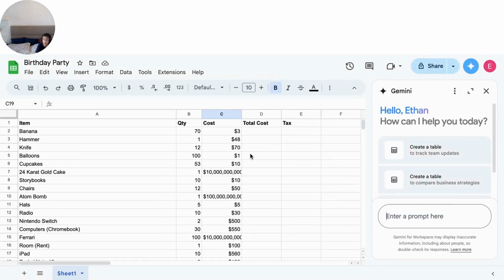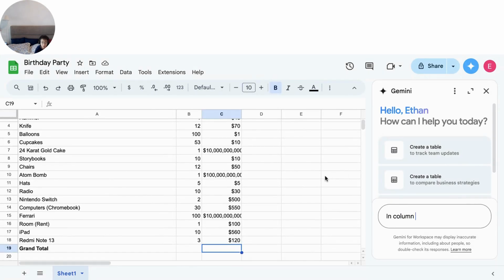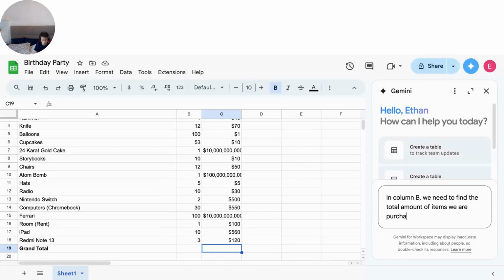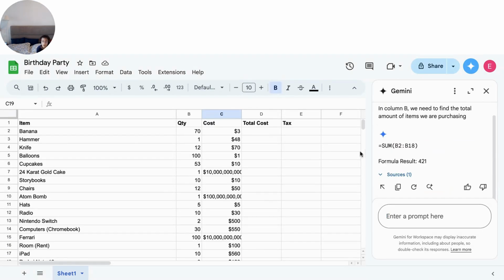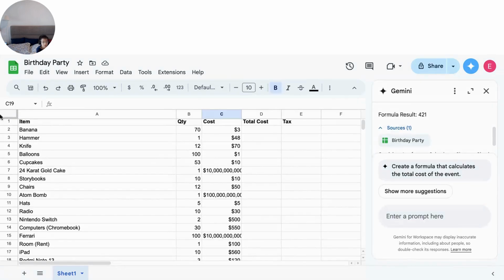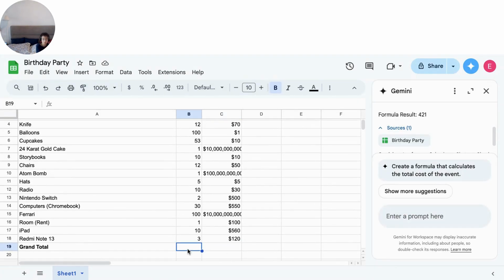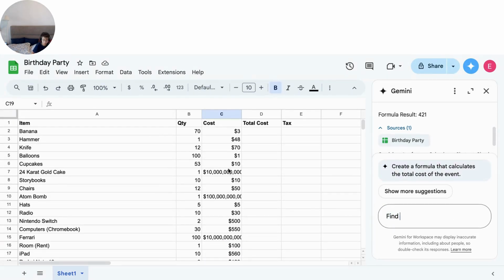So first thing, in column B, we need to find the total amount of items we are purchasing. Let's try it out. So while it's waiting, we have 421, and a source is this spreadsheet. So now we're at 421. Okay, so then now find the